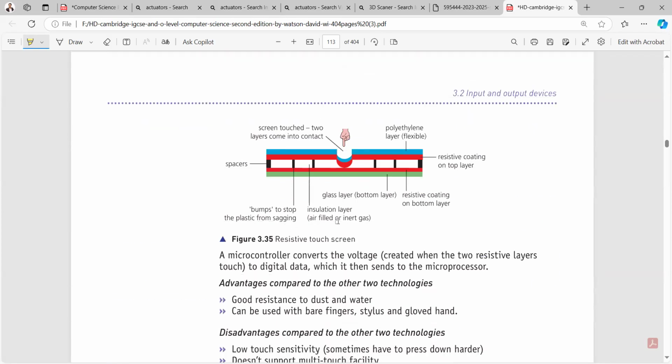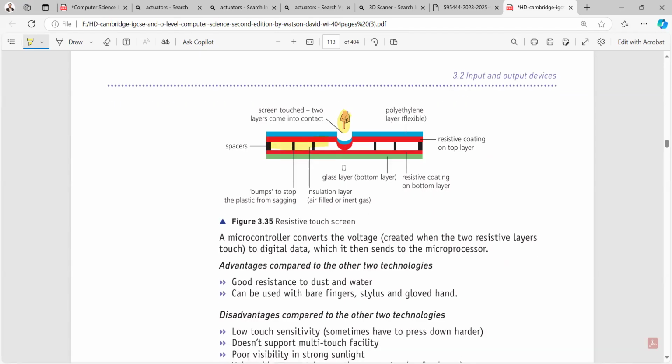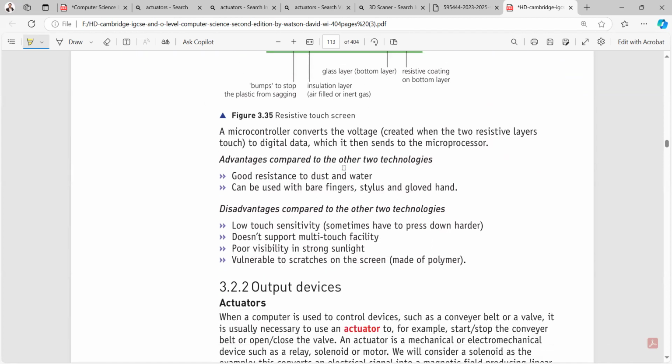The last one is the resistive touch screen. As you can see in this diagram, whenever the user has touch on that, the space between these two layers, ये जो स्पेस है ये कम होती है यहाँ पे, फिर पता चल जाता है कि हमने यहाँ पे टच किया है। इसके एडवांटेजेस आपके पास ये है कि it is resistant to dust and water, it can be used with the bare finger. डिसएडवांटेजेस are की सेंसिटिविटी काफ़ी कम है, मल्टी टच सपोर्ट नहीं करता, और सनलाइट के अंदर ये विजिबल नहीं हो सकता।